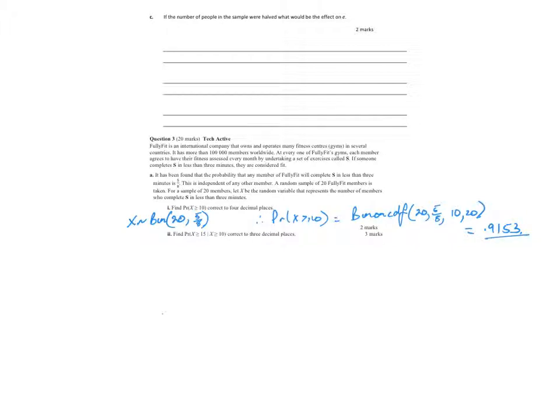Okay, the next one's conditional. So the probability that x is greater than or equal to 15 and x is greater than or equal to 10 over the probability that x is greater than or equal to 10. So what numbers are greater than 15 and greater than 10? Well, that's simply the probability that x is greater than or equal to 15 over the probability that x is greater than or equal to 10, which is